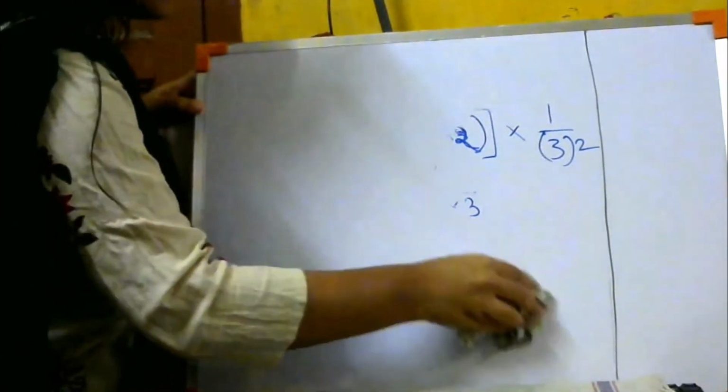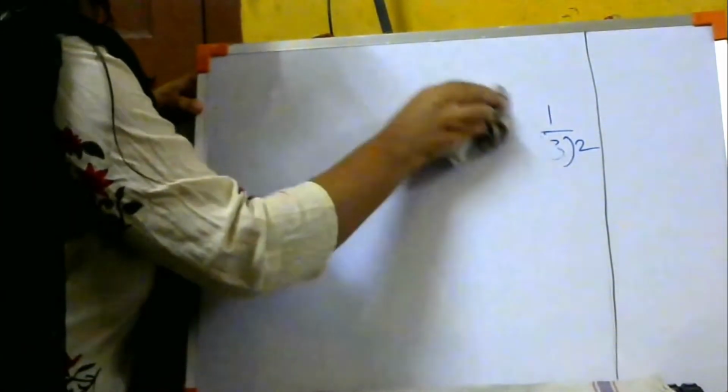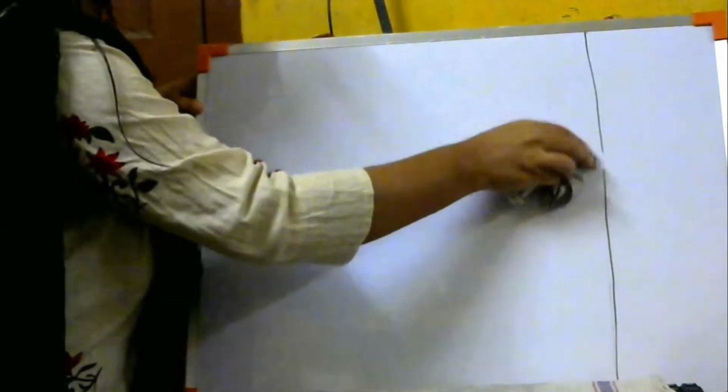While you are solving this in your copy, if you feel that I have erased it, then how are you going to copy it? Of course, I guess this is technology time. You know that you can pause the video and see the solution. Whatever sums I am doing, you are going to copy it down in your copy. I want every copy to be filled up with the sums.